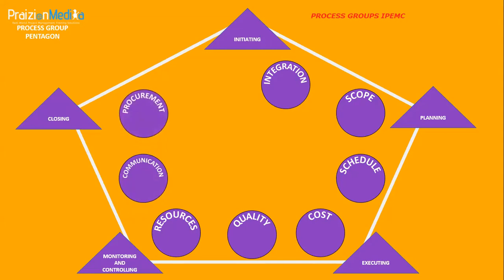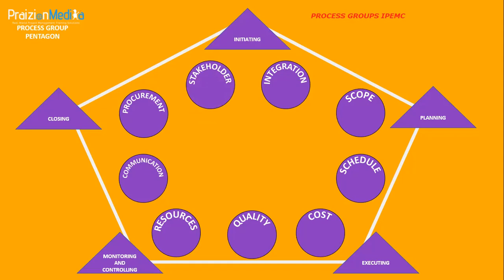Next, we have the procurement management knowledge area, and this is where we plan what we're going to purchase from outside the firm to get the project done. And then we have the stakeholder area, and this is where we identify people who could be affected by the project or who could affect the project.